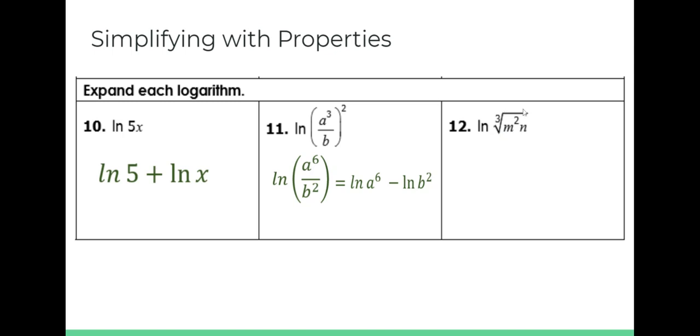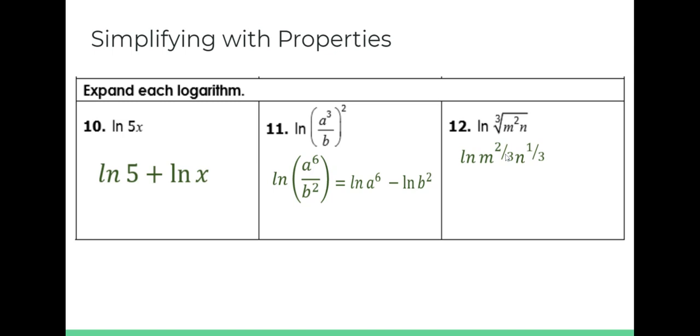The cube root of m squared basically means that we're going to multiply 2 times 1/3 because anything raised to the 1/3 power is a cube root. We can't forget about raising n to the 1/3 power as well. So what I did here is we have the natural log of m to the 2/3. 2 times 1/3 is 2/3. N to the 1/3 stays that. Now we have